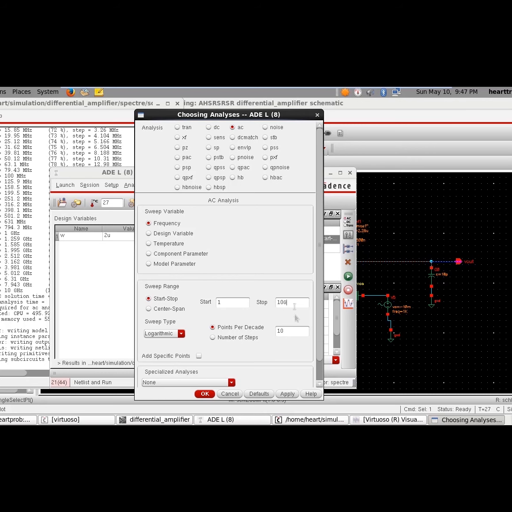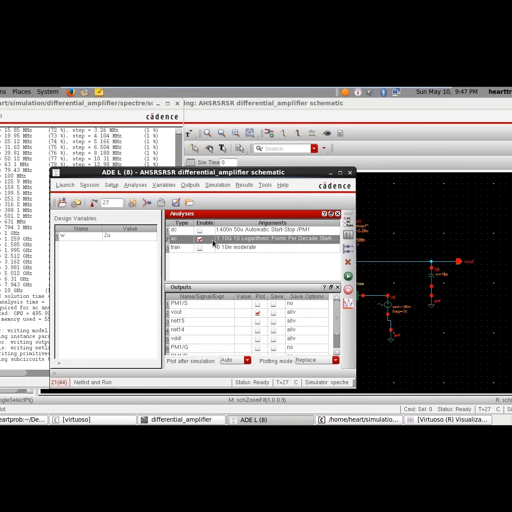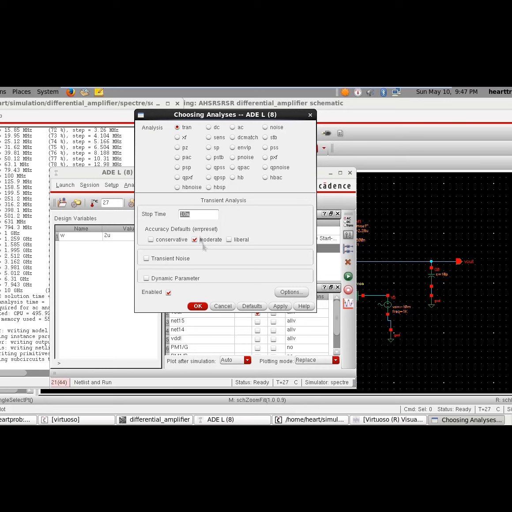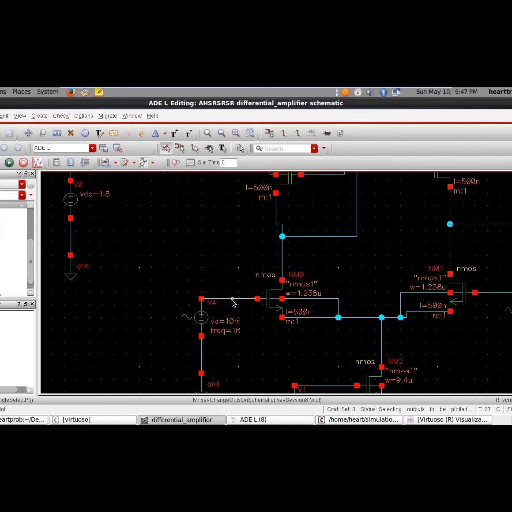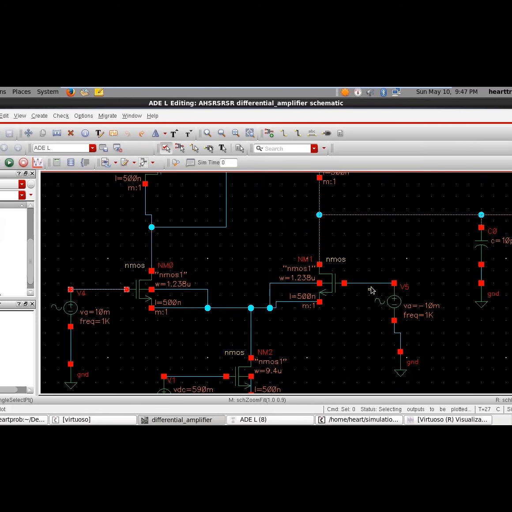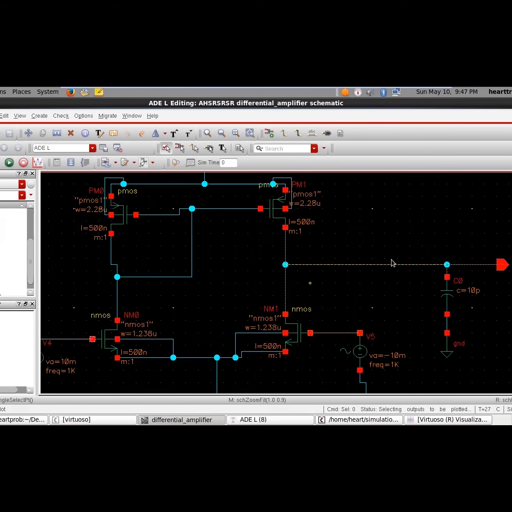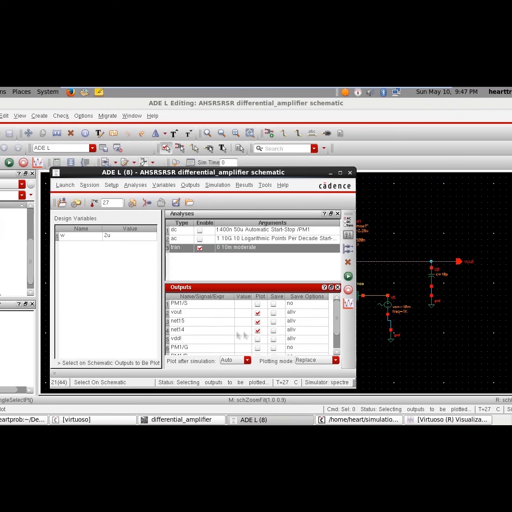Okay, then let's go for transient analysis. 10 milli is the stop time, so I'll select OK. To be plotted, select on schematic. I'll choose both Vinput, Vinput 1 and Vinput 2, and Vout. So Vinput 1 is just 10 millivolts, but let's see Vout.